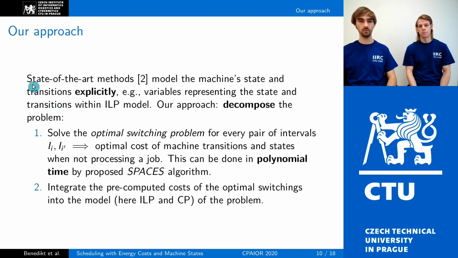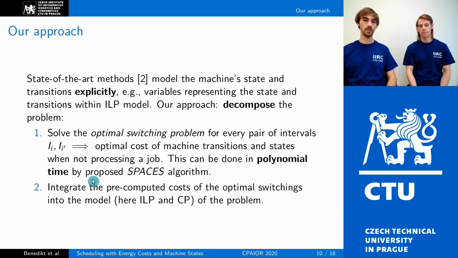Contrary to the previous approaches that model the machine states and transitions explicitly, we decompose the problem into two phases. The first phase pre-processes the instance by solving an optimal switching problem for every pair of intervals. Solving this switching problem gives us the optimal cost of machine transitions between two intervals. As we showed in the paper, the problem can be solved in polynomial number of steps by our algorithm called